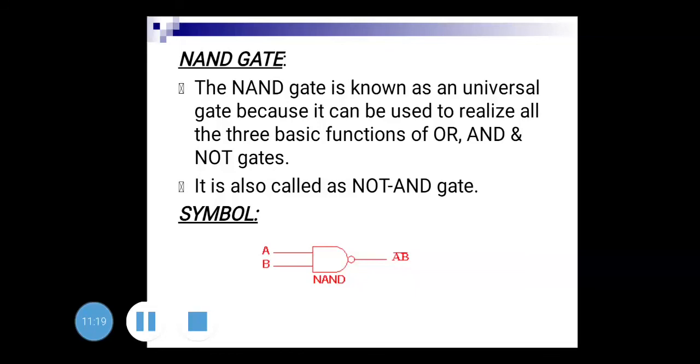The symbol of the NAND gate is as shown. Check here. First you can see it is of AND gate, and then a small bubble is there. There are two inputs A and B, and the output Y is equal to A dot B the whole bar. Now here you can understand that NAND gate is a combination of AND gate and NOT gate. That means there is a combination of two gates here to form a single gate called NAND gate. First is AND gate, and then at the output of the AND gate, NOT gate is connected. But in shortcut you are going to symbolize the NAND gate as shown here.